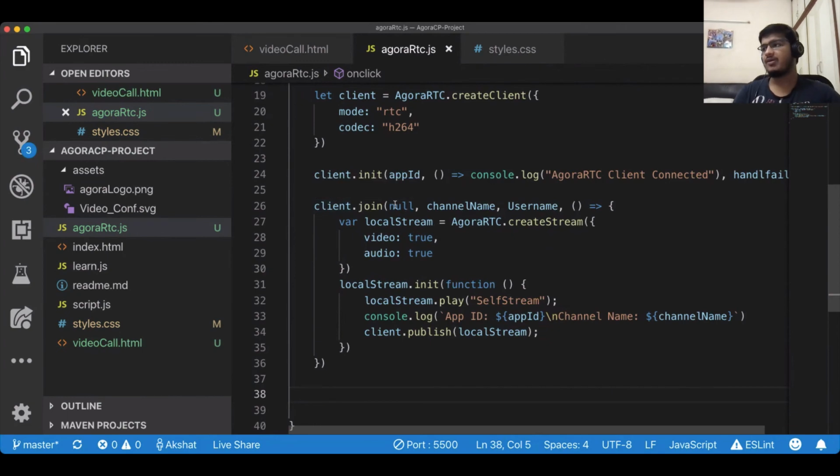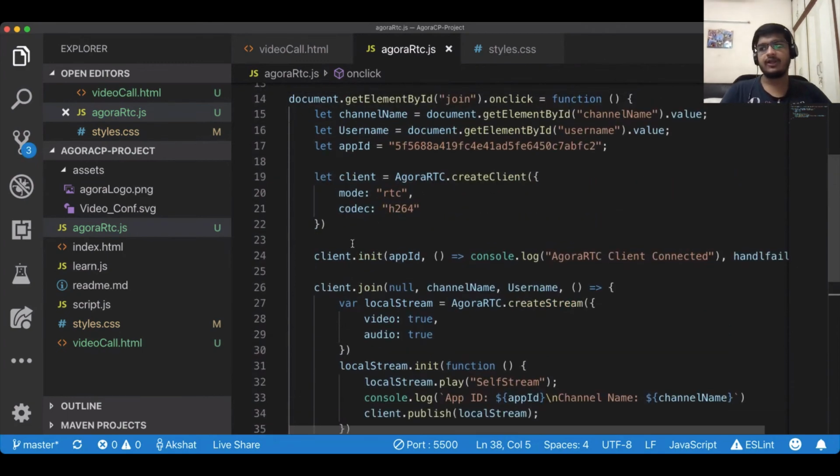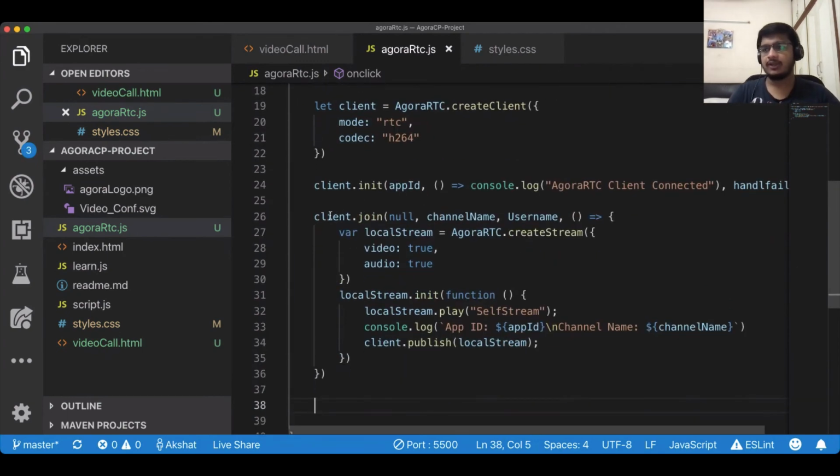So right now I'd given you a recap till init. Now I'll give you a recap of the join function. I'm using the client object and joining it. I'm passing the token as null, channel name, username. I'm creating a local stream with the video and audio as true. I'm initializing it, playing it onto the div. I'm console logging whatever channel and app ID is being used, and I'm publishing the local stream.